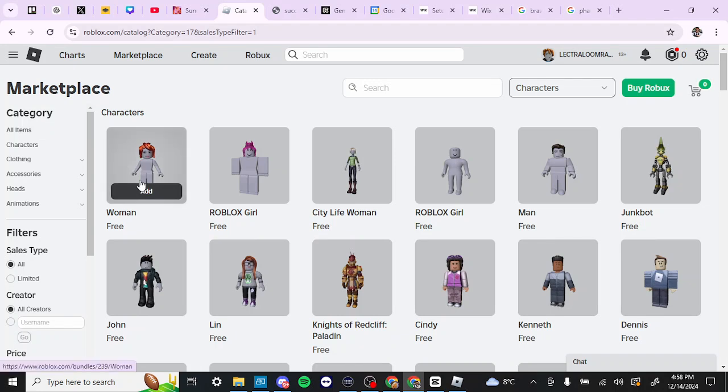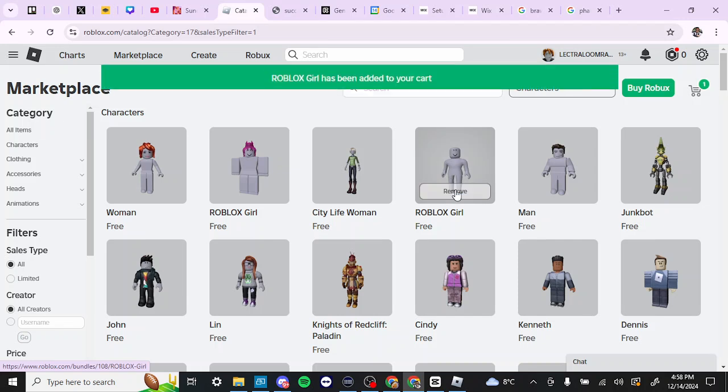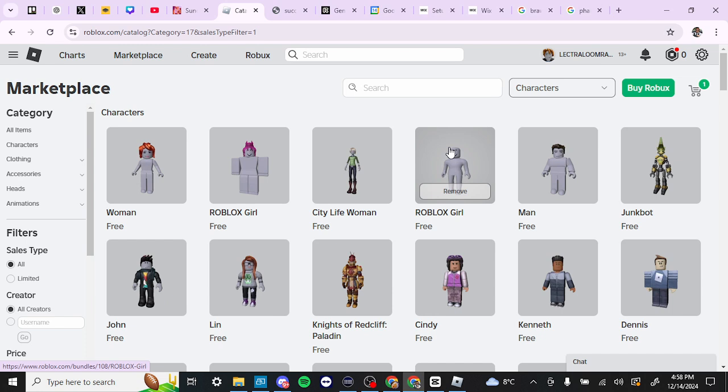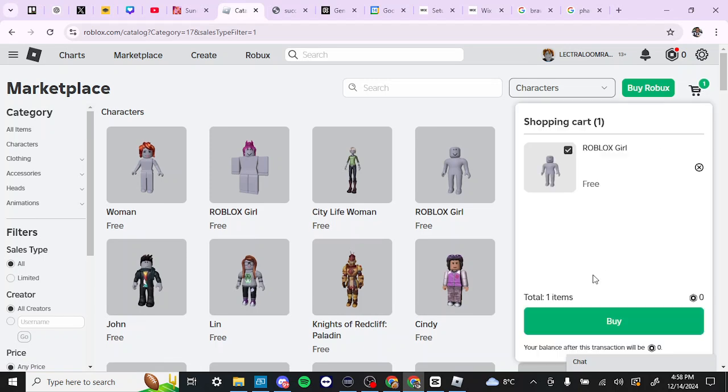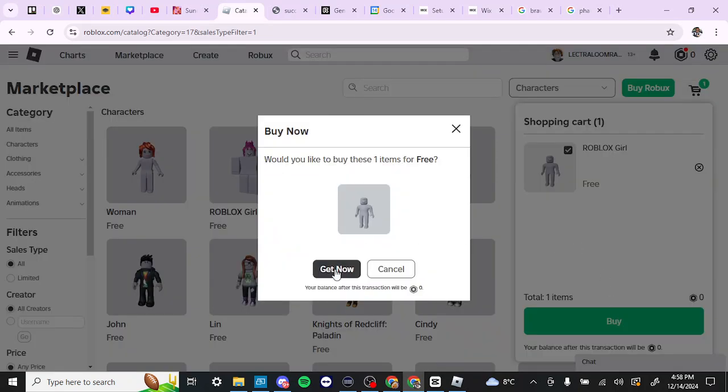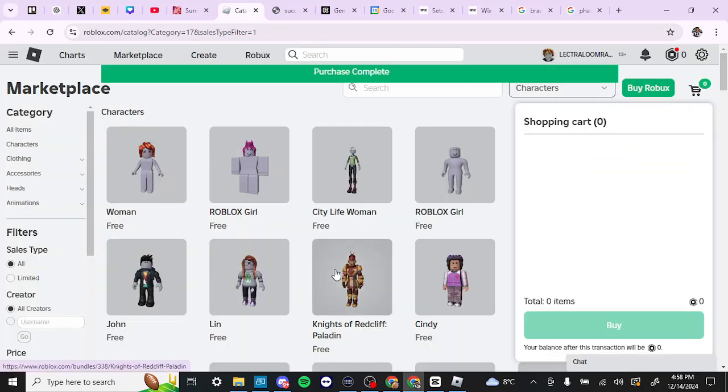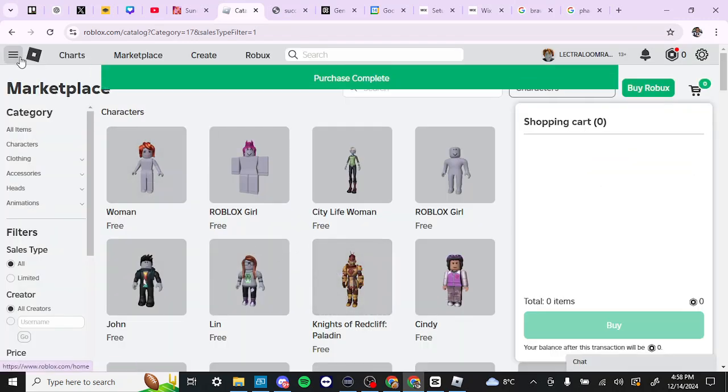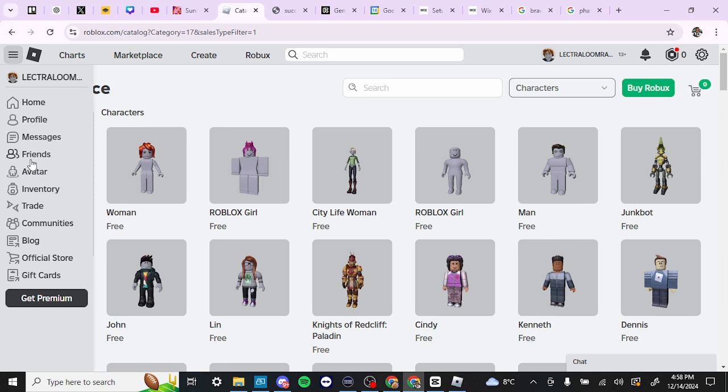Here you have the woman shape, and if you want the hourglass shape for our Roblox girl, then we can go ahead and click add, and that has then been added to our cart, and that is free. We are going to need to go to the cart and buy our shape, which we have now done. And then if we go back to our avatar,